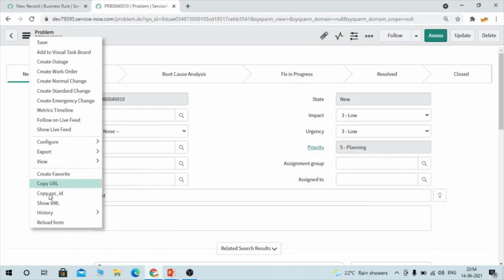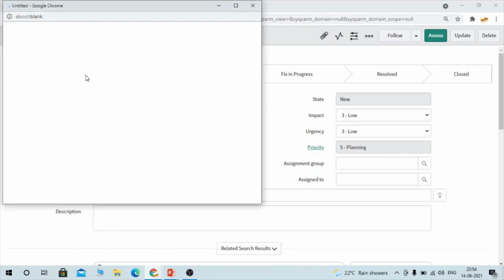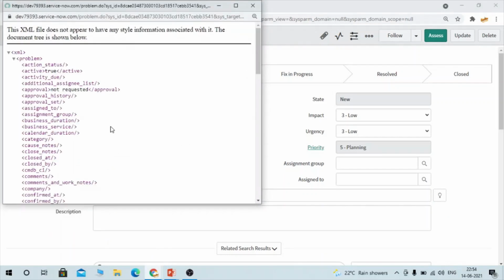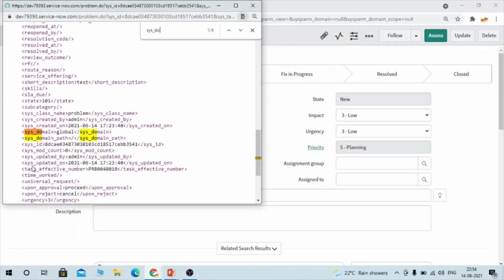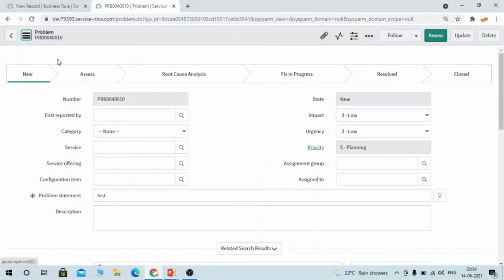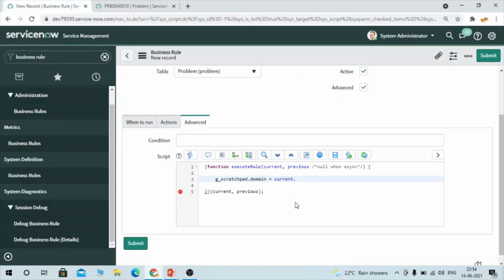So we are going to show XML, and here I'm going to copy the backend value of the domain. And one more thing, this domain value is not present on the form. You could see this has been created in the global domain, but the domain is not present on the form. For this kind of scenario, you can create a display business rule and store that variable.